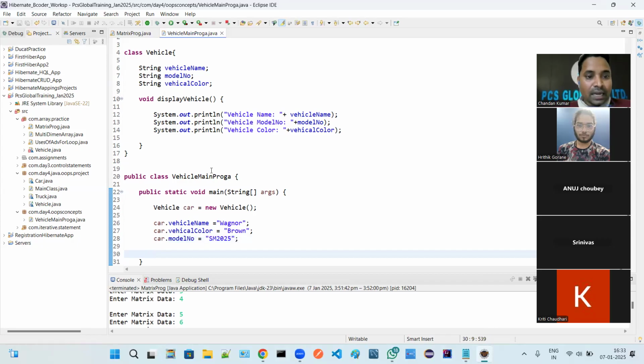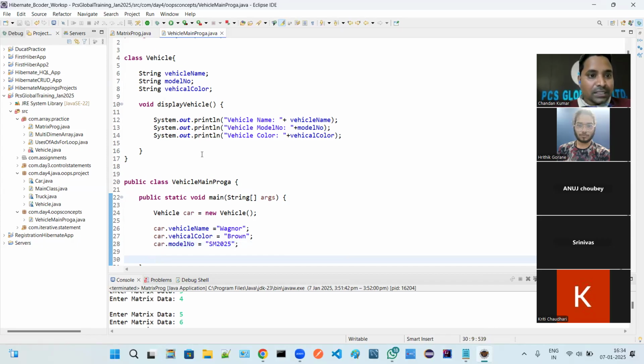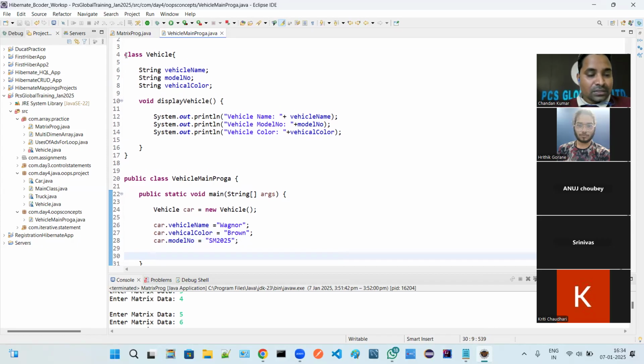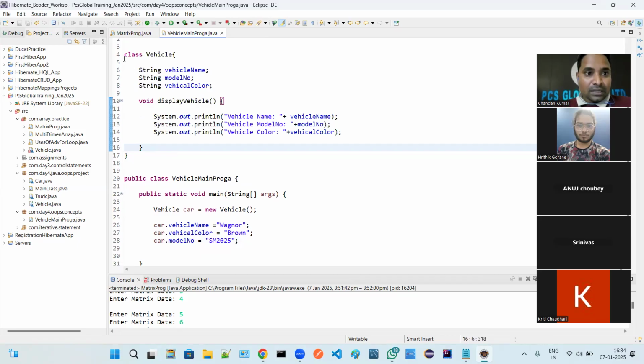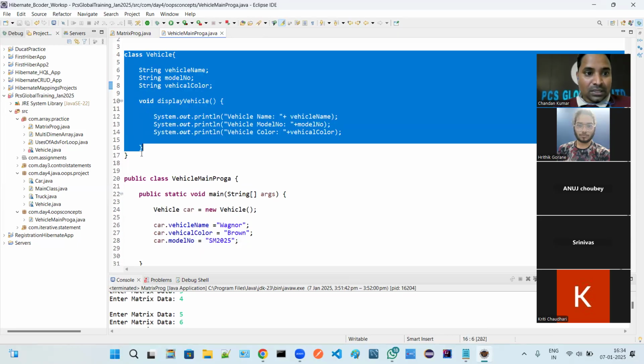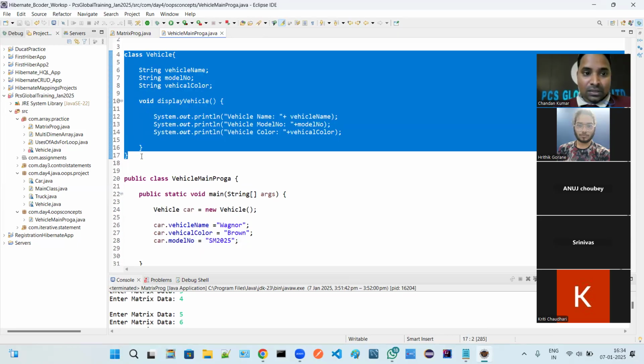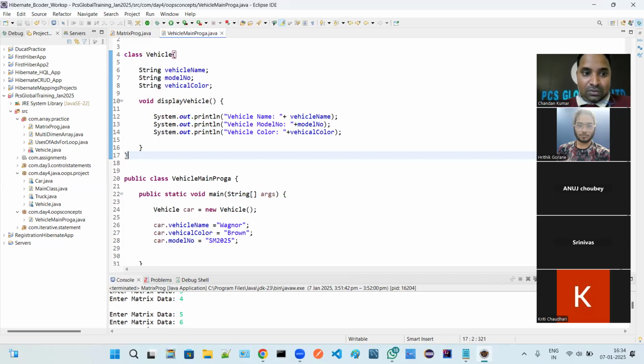Using this, see what I am doing over here. At some point of time you might have heard that a class is a blueprint. It means this class is a declaration only. It will not exist in the memory. Getting my point? It is a declaration only.